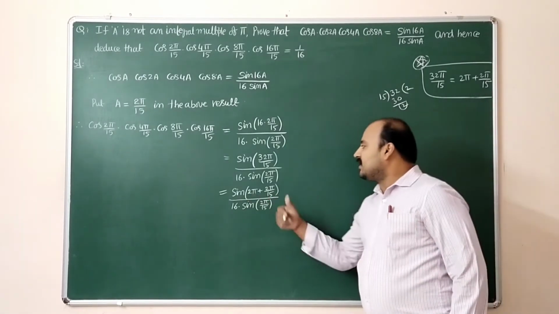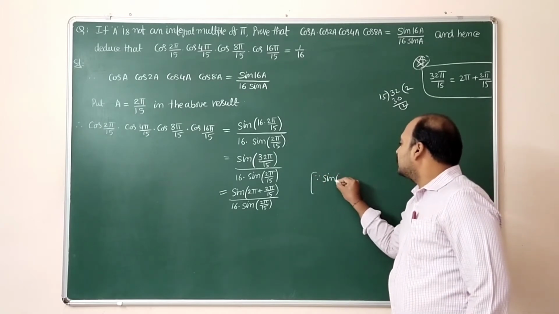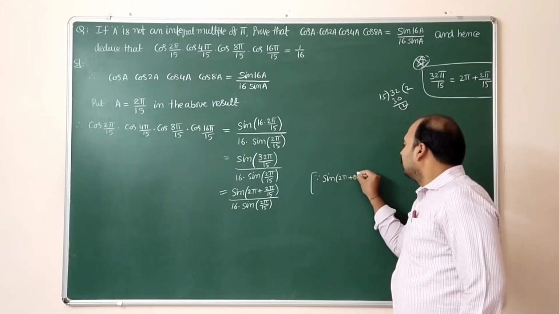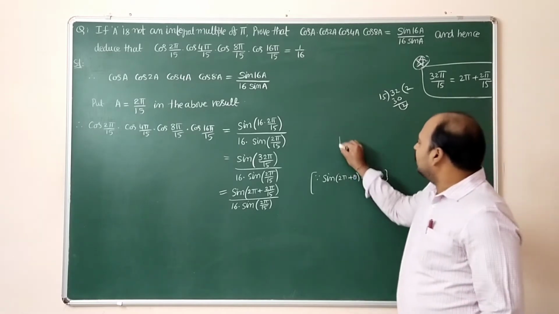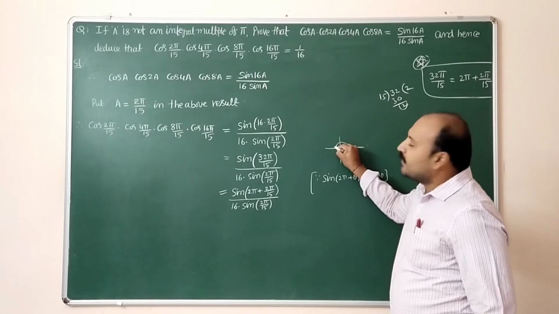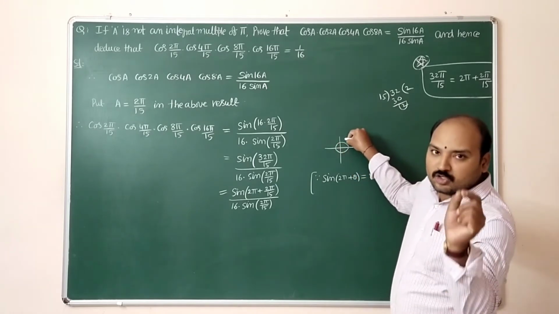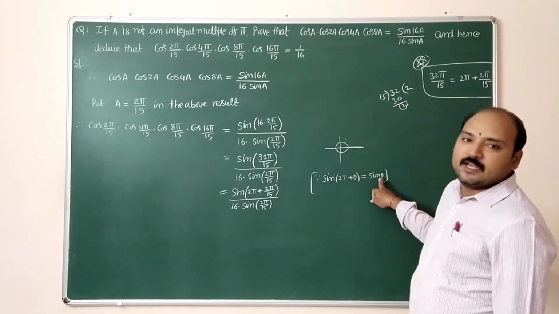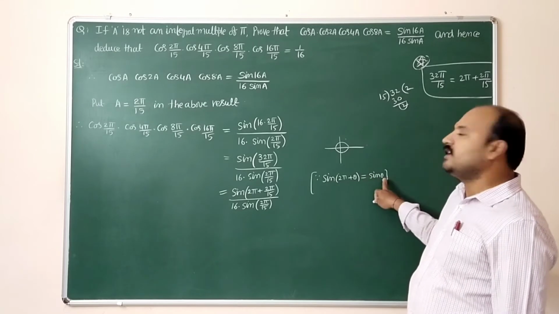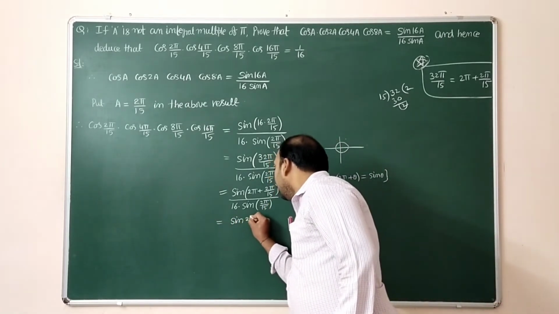Sin of 2 pi plus theta. We have a formula: sin of 2 pi plus theta is sin theta. Why? Because for 2 pi plus theta, from here to here it is pi, from here to here it is 2 pi, and 2 pi plus theta belongs to the first quadrant. It is the first quadrant, so sin is positive. So sin of 2 pi plus theta is sin theta. It becomes sin 2 pi by 15